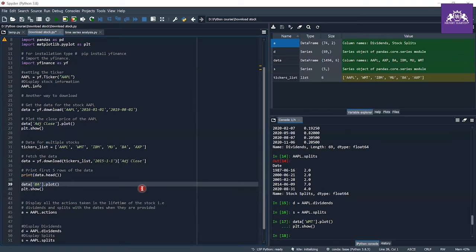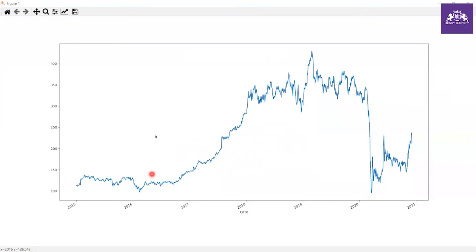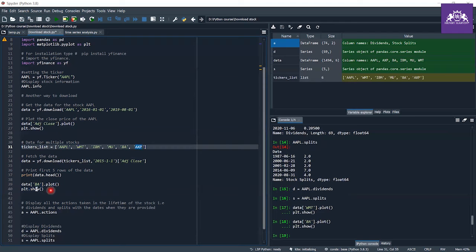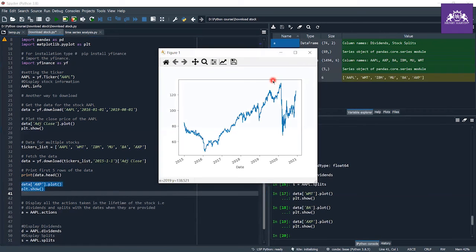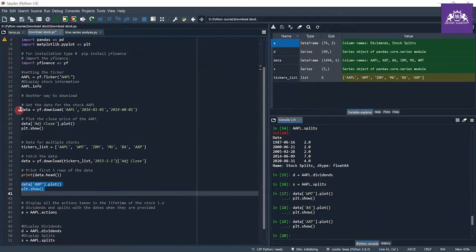We get the stock prices of it, and you can analyze that BA is going good in this amount of time, and not so good in this time. Try to plot this AXP as well, and let's make it plot. It is going up and down, up and down.